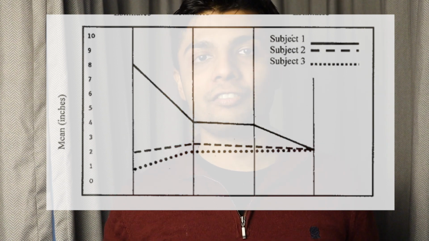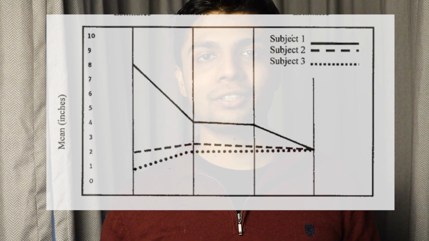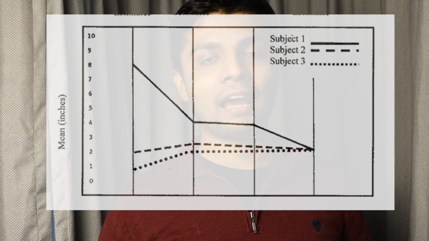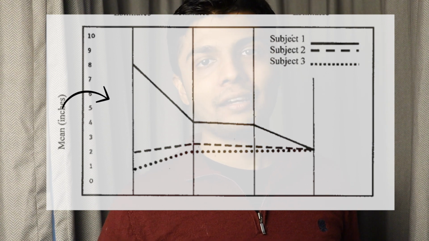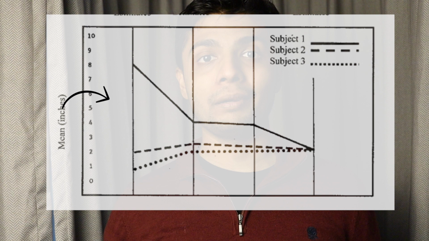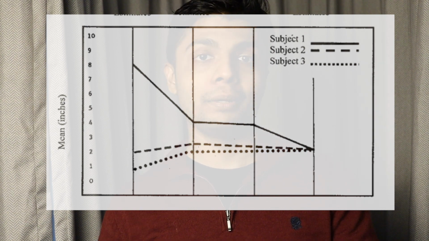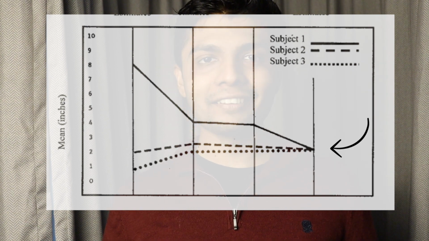So here is a graph that comes from the study. You can see that people have different opinions in the beginning, and as time moves on and, more importantly, as they are part of a group, their opinions tend to converge. We like to think that we are all individuals and we will maintain our realities and our own opinions, but a study like this shows us that once we are part of a group, our opinions tend to converge.